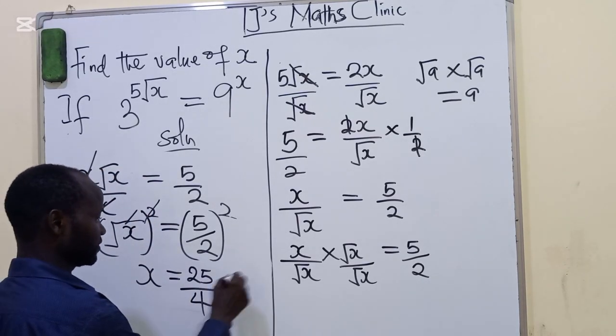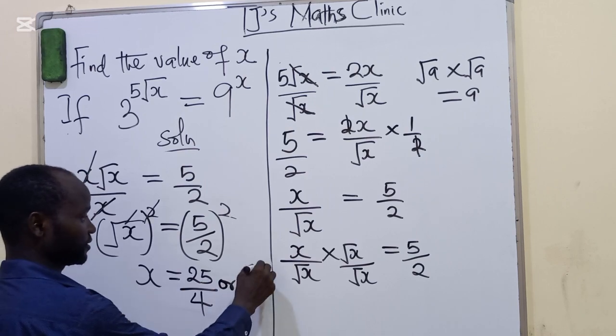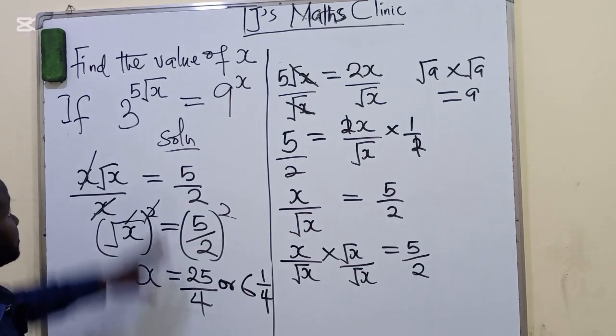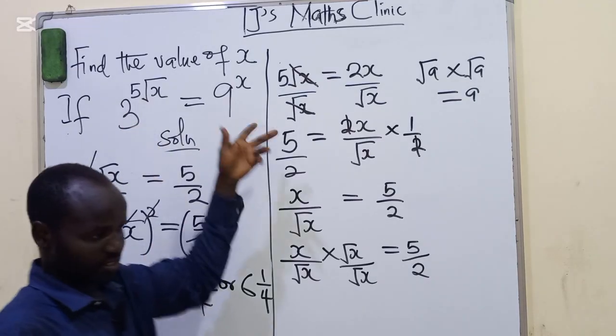So we can write this as 4 into 25 is 6, remainder 1, so 6 and 1 over 4. So this is the value of x that will satisfy both the left hand side and the right hand side